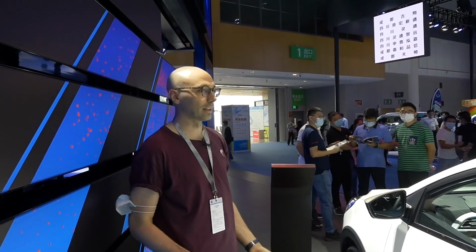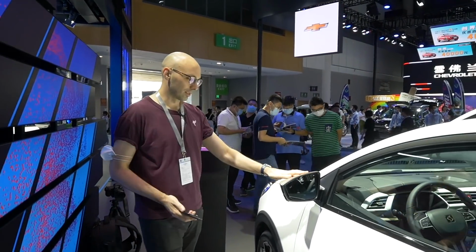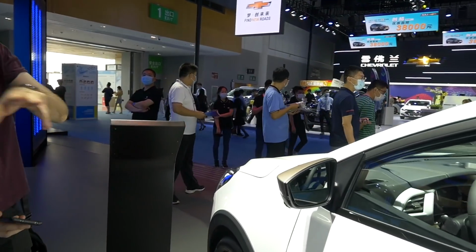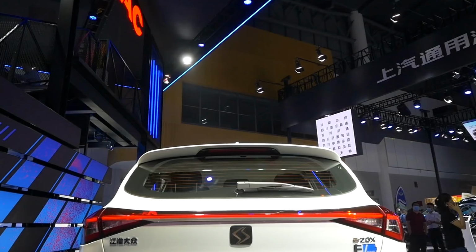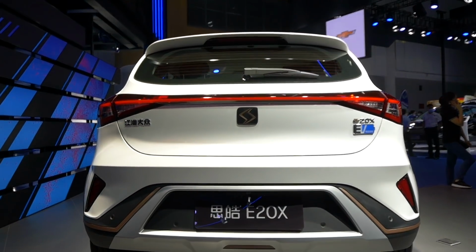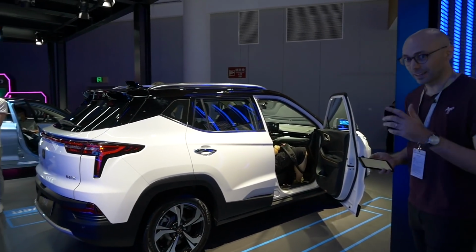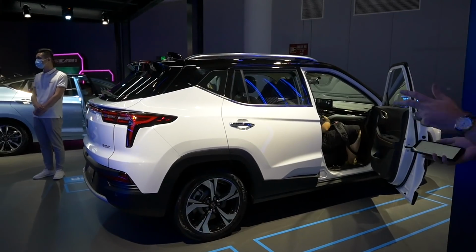It's got the roof bars. Again, this is all about practicality. I like how they've got these gold accented mirrors, so this is something they've done across all of their range. JAC are the contract manufacturer for NIO, so they know how to make good quality and luxury spec cars. Probably using that know-how, they've developed their next model here, and this is the E40X, so slightly bigger than the